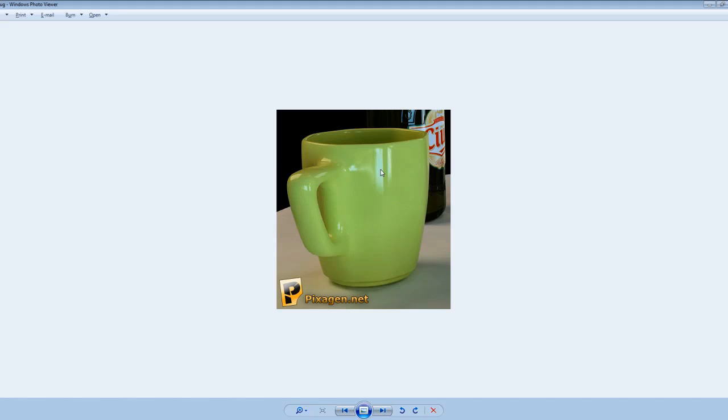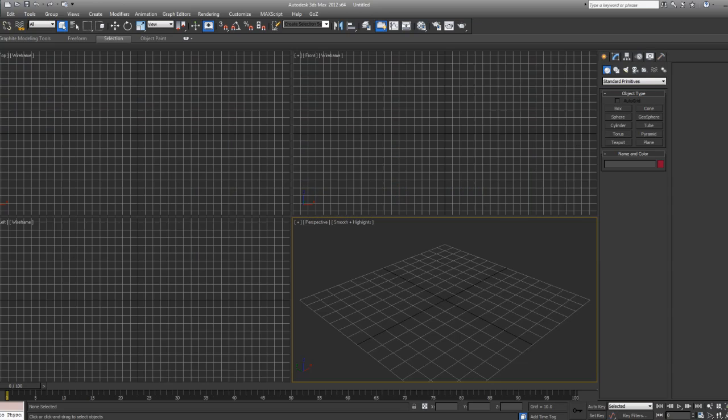So before actually jumping into the 3D software, let's take a look at the shape of this mug here. You can pretty much notice that its main base resembles that of a cylinder, so we can use a cylinder to start to model this out of. So let me jump back into Max here. Let's put out a cylinder,